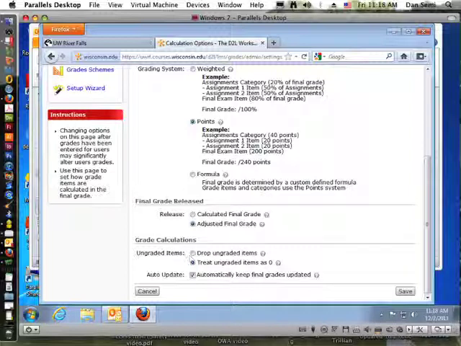How does the gradebook deal with ungraded items, and how does it automatically keep that final grade updated? These two items here, say you have a number of items and assignments that you're grading your students on. If you choose treat ungraded items as 0, that means that as the calculation is being performed throughout the semester, any item that you have in your gradebook that isn't graded yet will be counted as a 0 and reflected